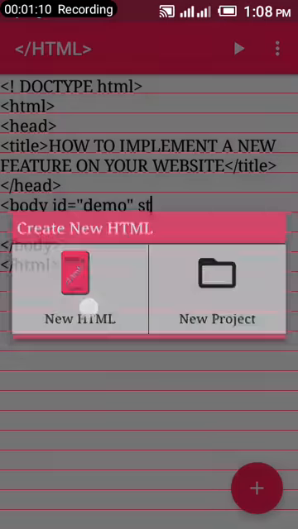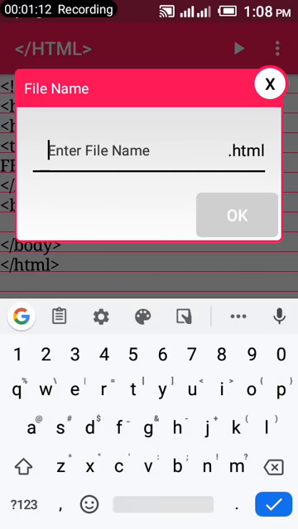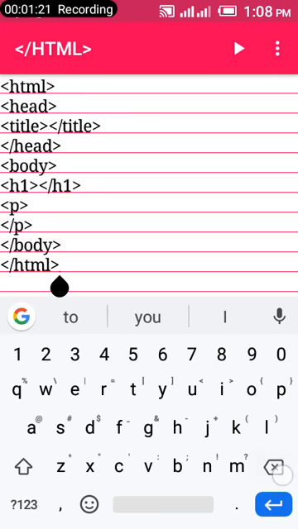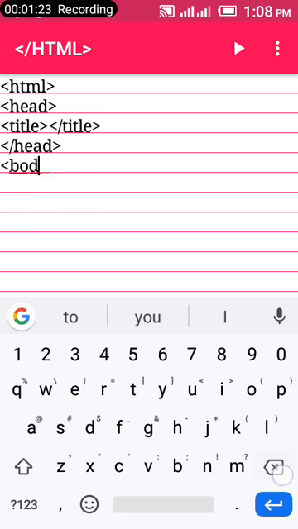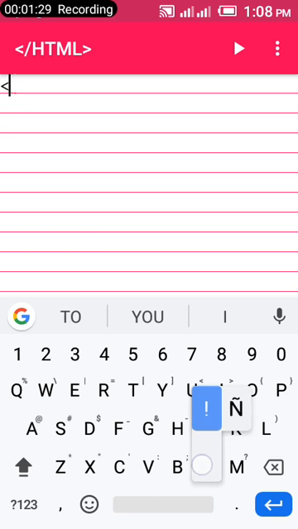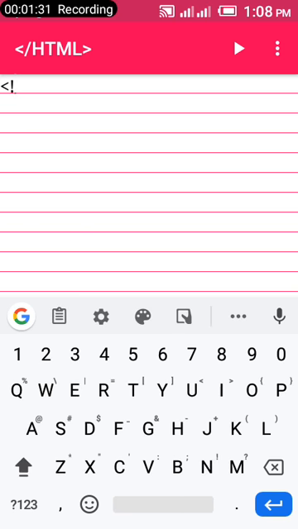Let's go ahead and open a new project, or create a new project. Let's call it change. Yeah, it already has a .html ending. So let me delete whatever the application has done previously, so that we can start all over again for better understanding. So we make our doc type declaration,